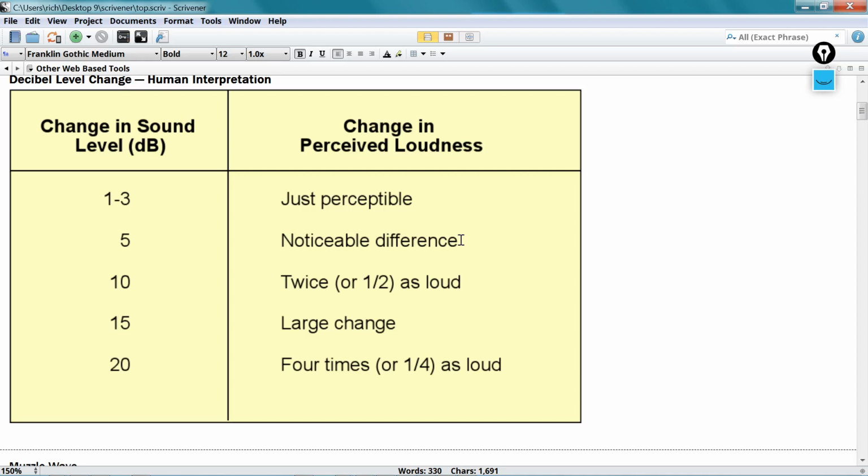Let's go from 10 to 20. That's a 10 times change in energy, but only a 2 times change in loudness to the ears. And you can look at this chart. So we have to keep that in mind when we're looking at these noise charts. So if we go back to the noise chart,